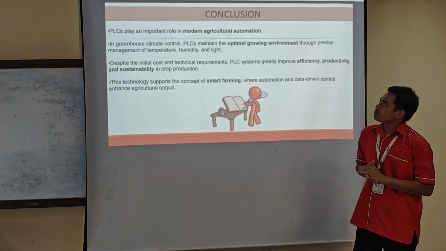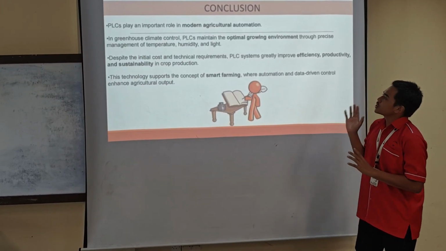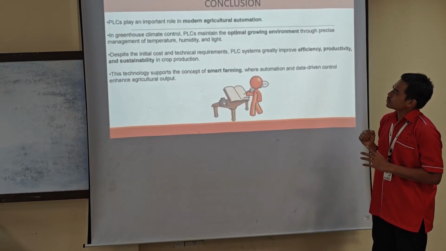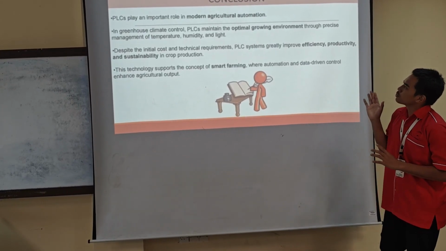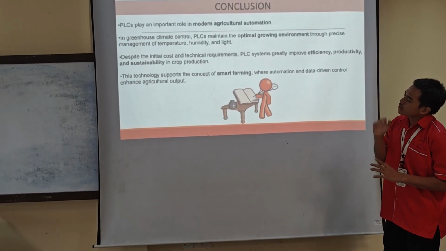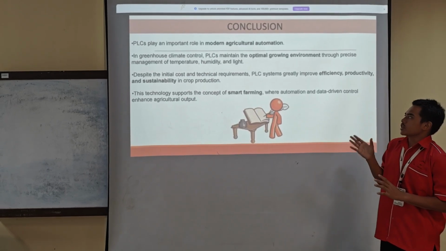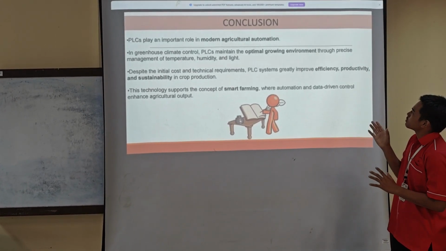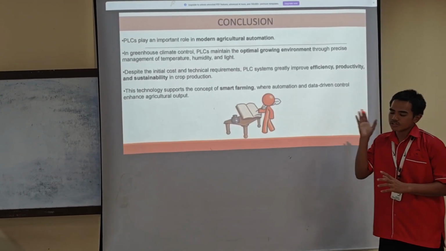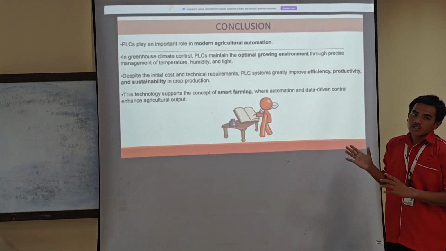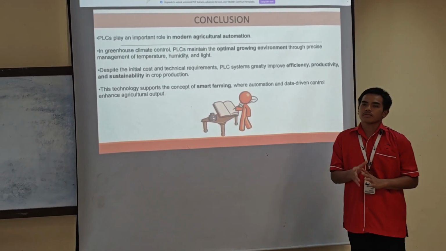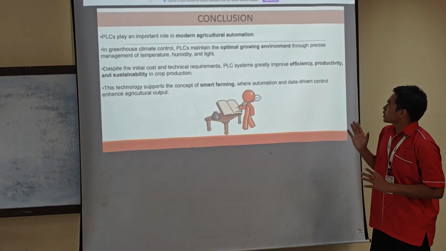Conclusion: PLCs play an important role in modern agriculture automation. In greenhouse control, PLCs maintain the optimal growing environment through precise measurement of temperature, humidity and light. Third point is, despite the initial cost and technical requirements, PLC systems greatly improve efficiency, productivity, and sustainability in crop production. And last point is, this technology supports the concept of smart farming, most important, where automation and data-driven control